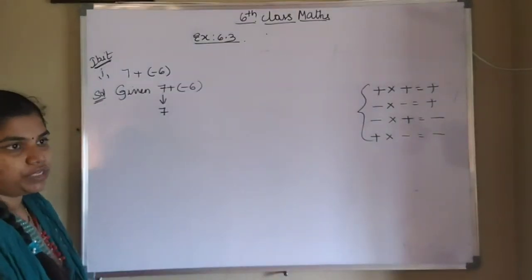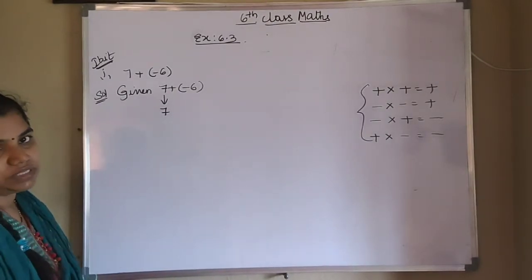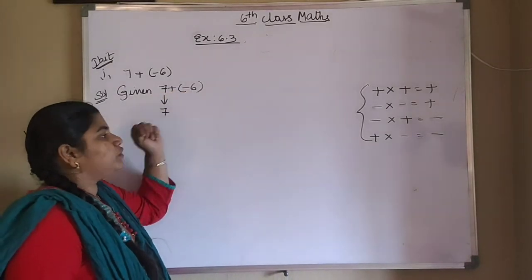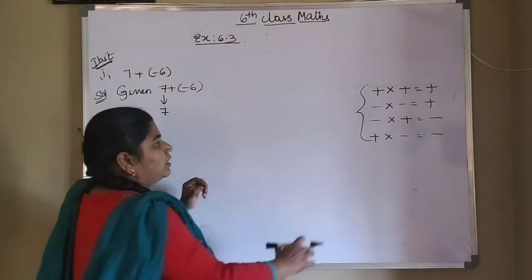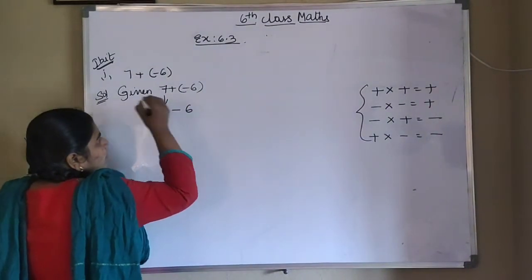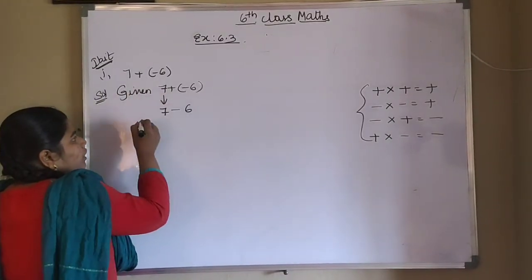So next point is what? Wherever you will see this double sign, make it into single sign. So for 6 you are seeing a double sign, convert into single sign. So plus into minus, plus into minus is minus. And 6 I am writing as it is. Okay. Now this one I will represent on a number line.